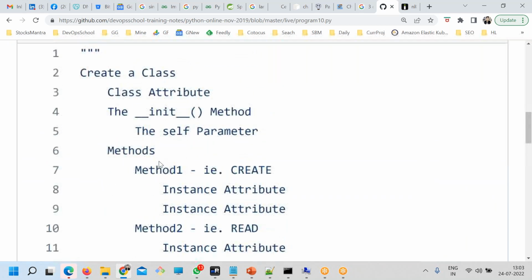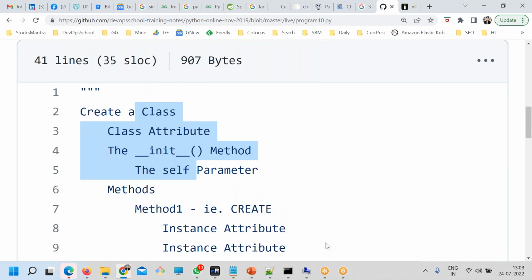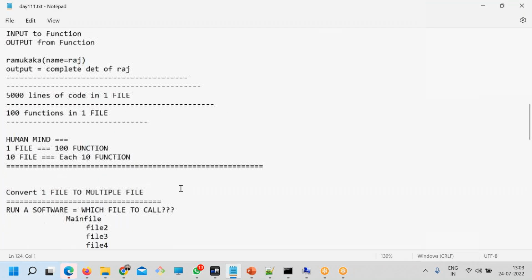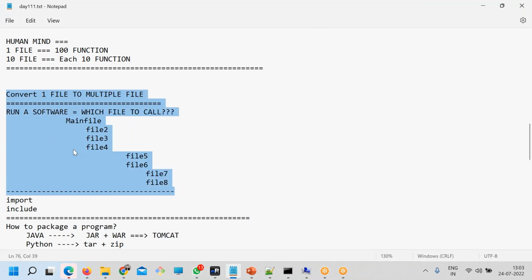Okay. So now after the function, we have to discuss one thing which is called class. What is class? If you recollect the discussion, do you remember this discussion?